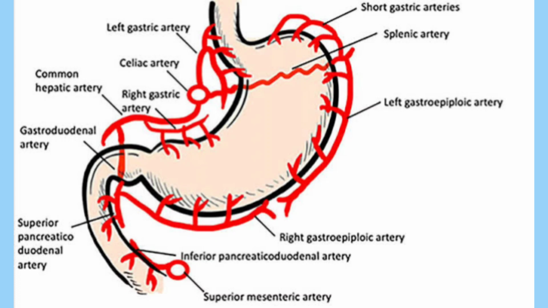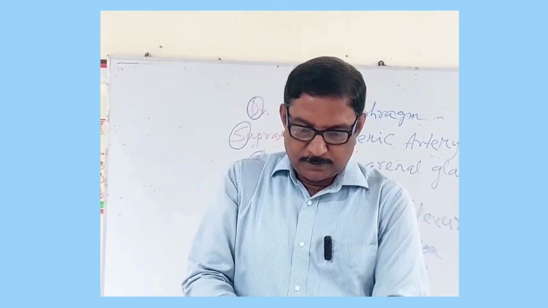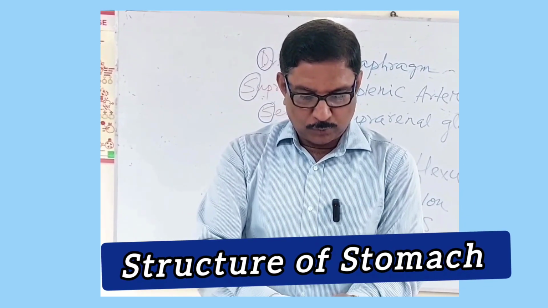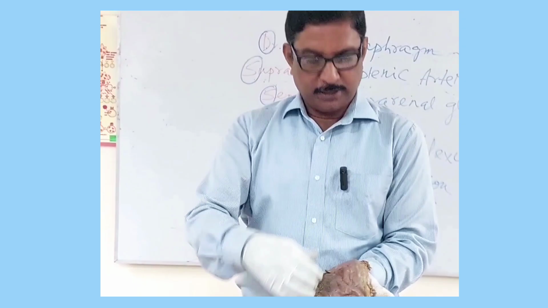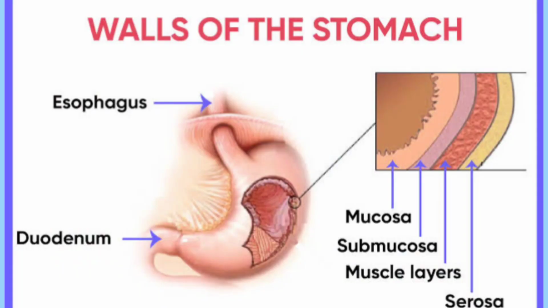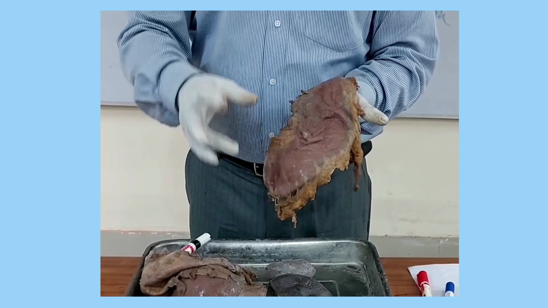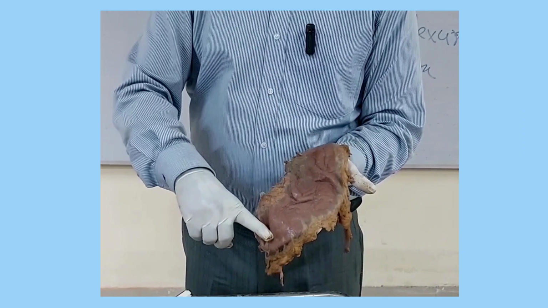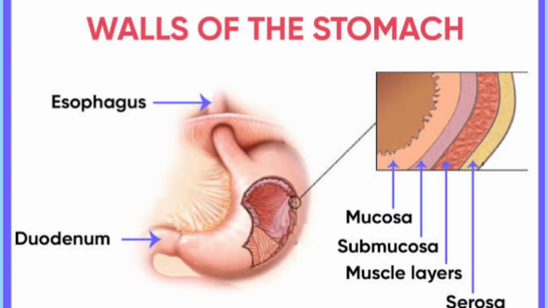And if you are asked what are the layers of the stomach, if you cut it from outside inwards, the outermost part is the peritoneum or serous coat. Deep to the serous coat is the muscular coat having 3 layers of muscle. In other parts of the GI tract, the muscles are 2 layers, longitudinal and circular. But in the stomach, you will get one extra muscle layer, that is the oblique layer. Longitudinal, then circular, then innermost is the oblique. So the serous coat, then muscular coat, then submucous coat, and innermost is the mucous coat, which is lined by